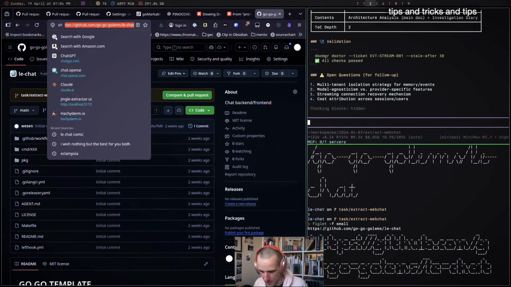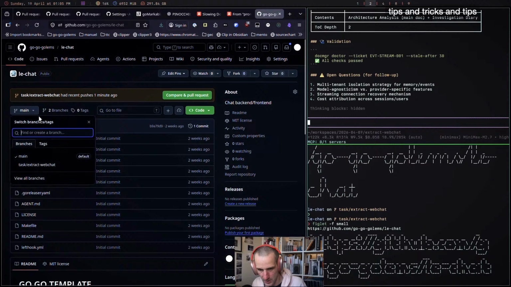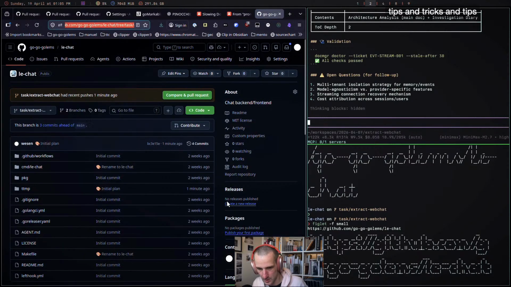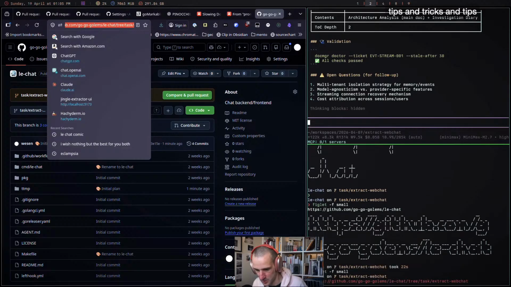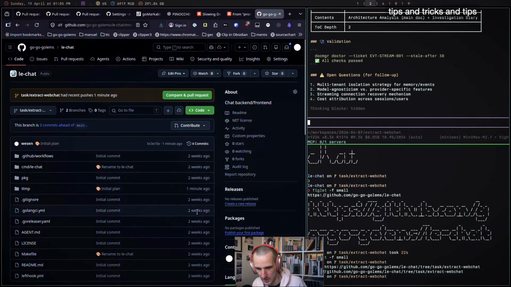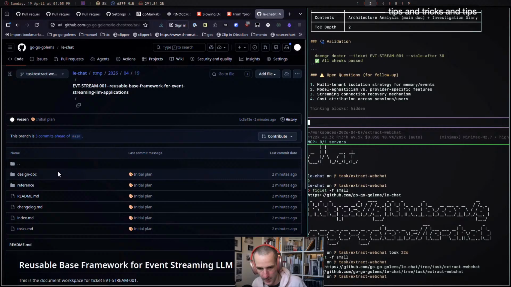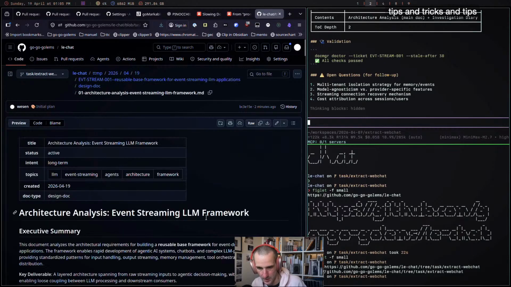So anyway, if you go into this branch, task extract web chat, and if you go into the ttemp, which is where I put all my tickets, you'll see in like April 19 in the design document is where you can find this.